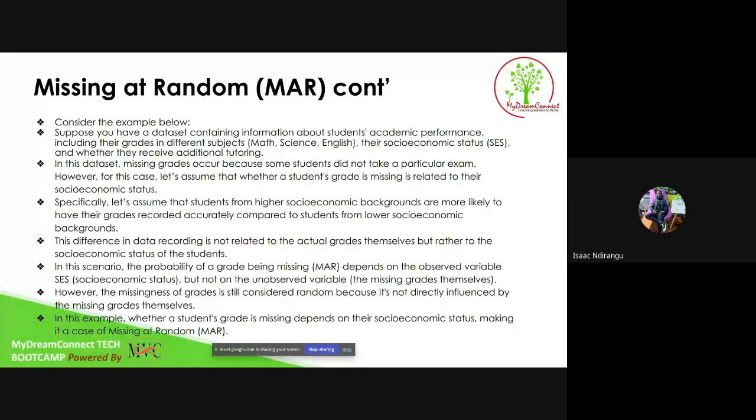Suppose you have a data set containing information about students, including students' academic performance that includes their grades for different subjects, their socioeconomic status, and whether they receive additional tutoring. In this data set, missing grades occur because some students did not take a particular exam. However, in this case, let's assume, as I said,